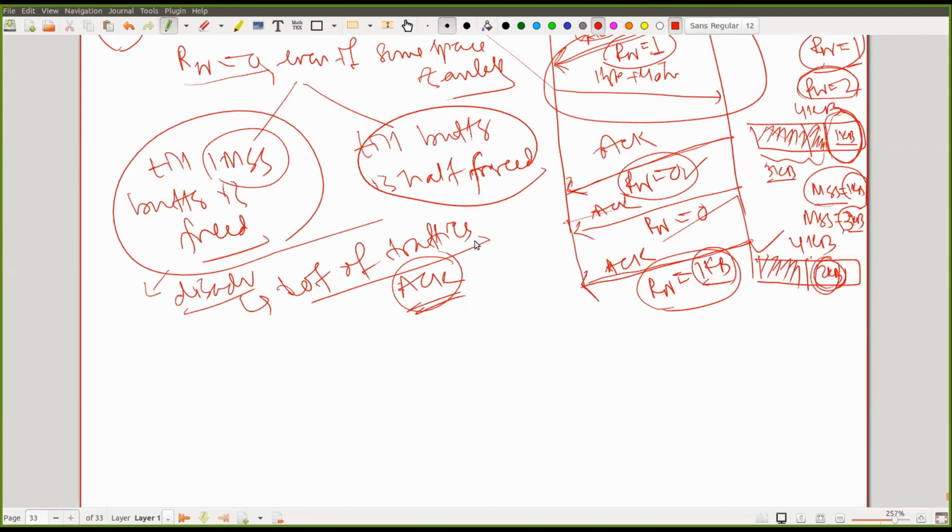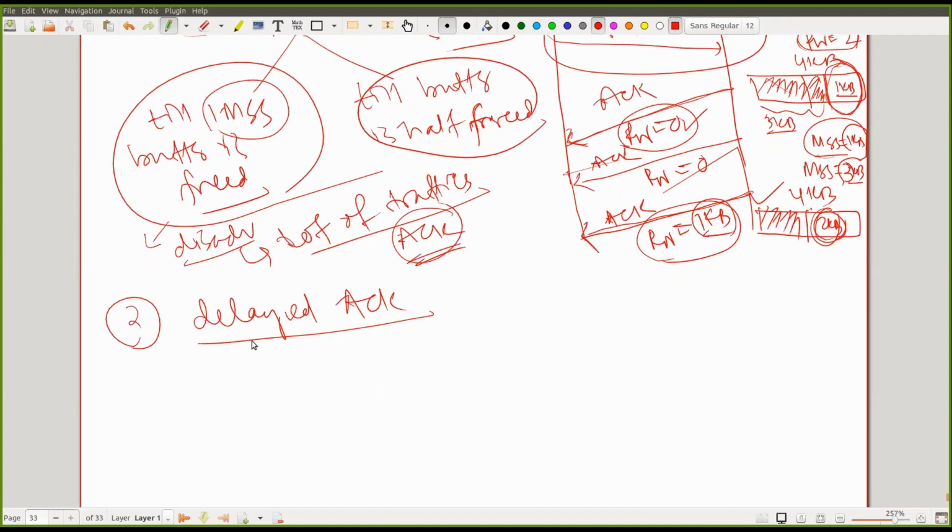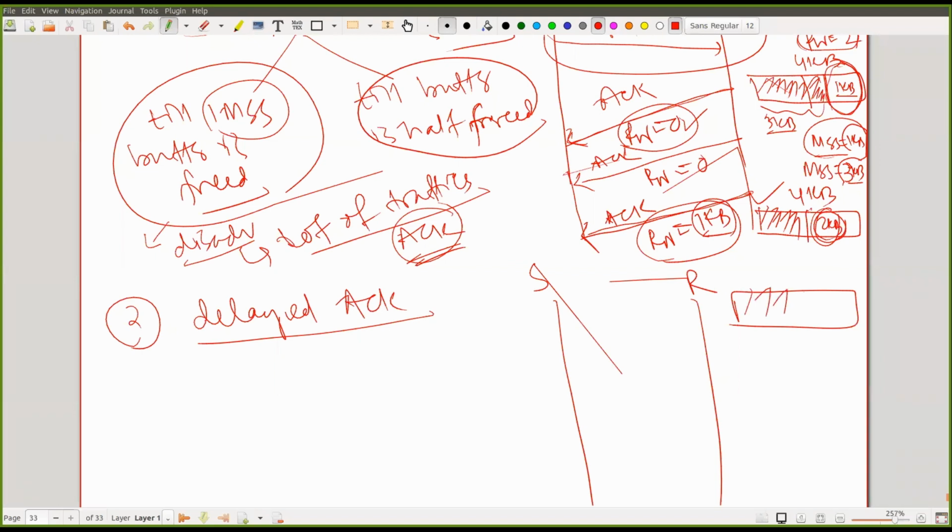So that's why another solution comes into the picture. That is called the second solution, the delayed ACK. What is the second solution telling? Look into the same scenario. This is my sender, this is my receiver. Let's say the buffer is filled at this moment. Now what happens? 1 byte of data is consumed, so 1 byte becomes free. If 1 byte of data is freed, previously what were we doing? We were sending an ACK with a receive window size of 1.